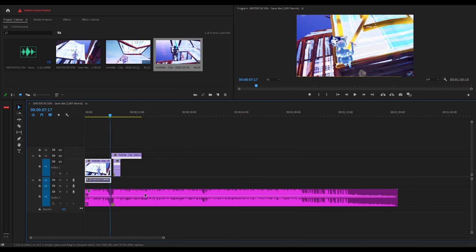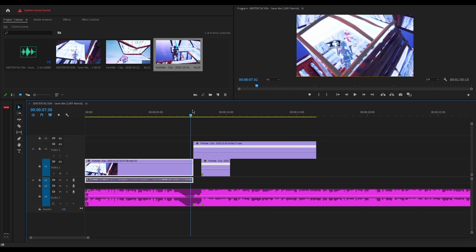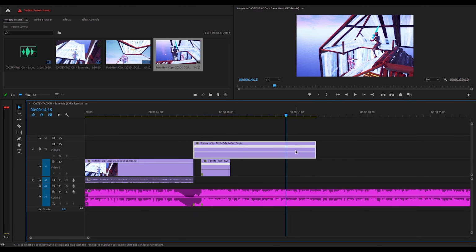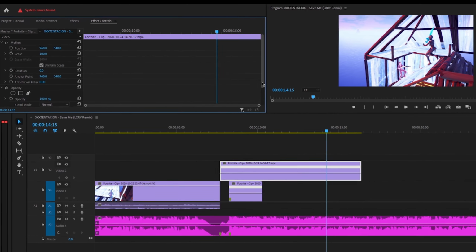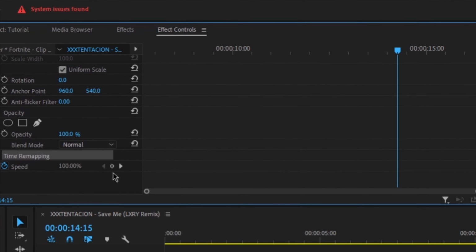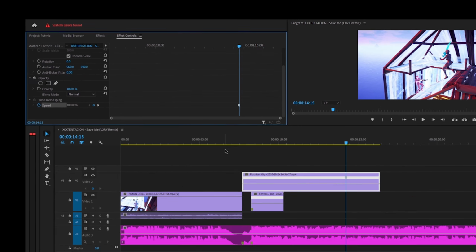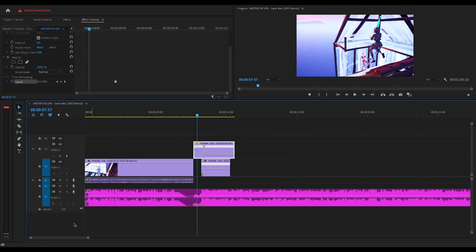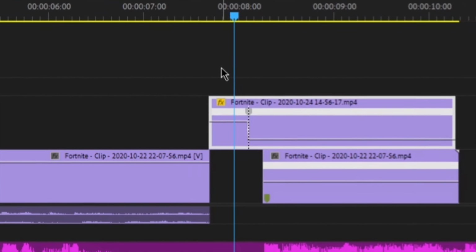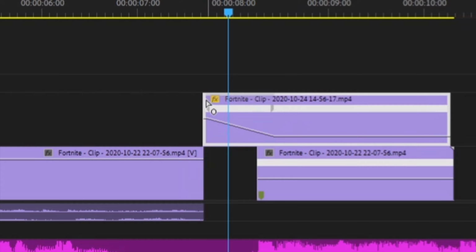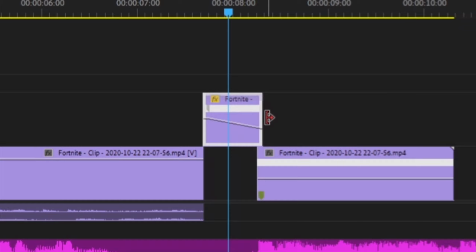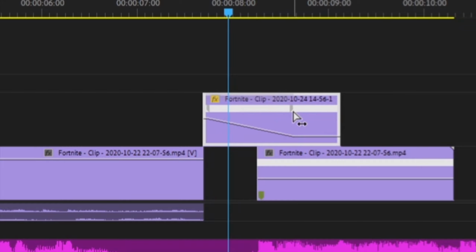Drag it on top of where we want it, and then we're gonna go to about where we want it to slow down. So about here, go to effect controls, you're gonna see time remapping, and click this keyframe button. What you're gonna do, you're gonna drag this all the way up, so you're gonna be left with something like this, right? You're gonna drag this to the left and then drag this to the right, so that this diagonal line is